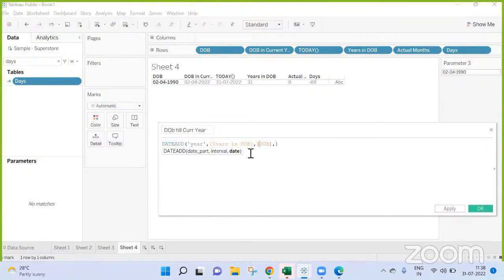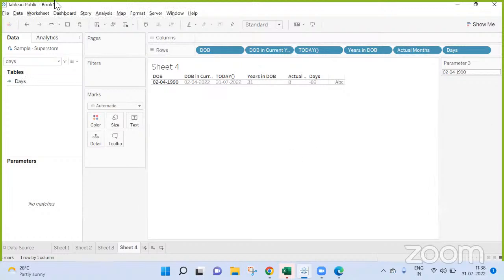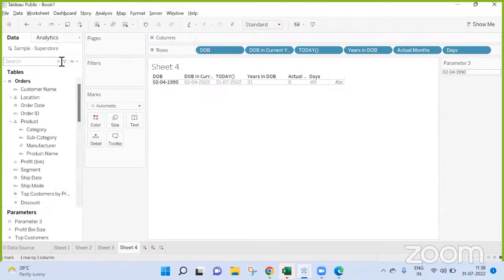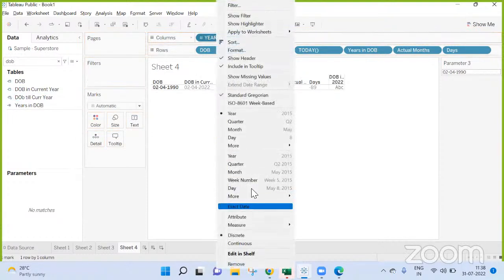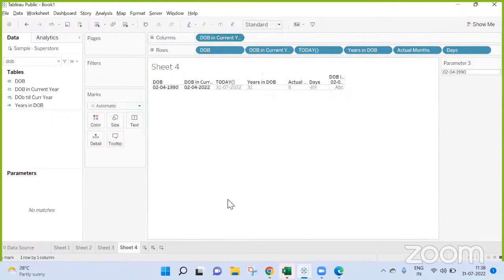Guys, sorry if I'm confusing you people because this is first time for me as well. So I'm just DOB in current exact date and then next current.